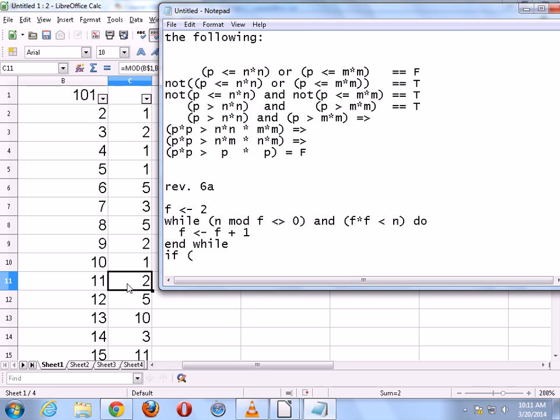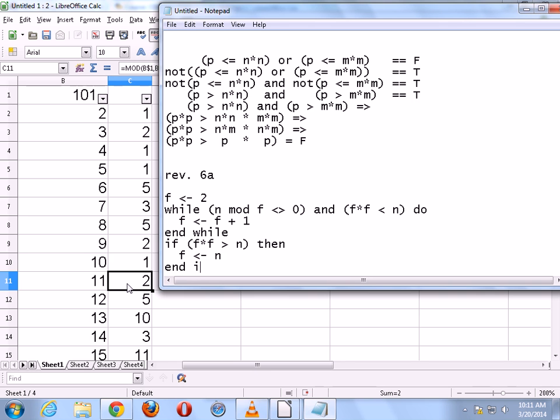The conditional statement basically has to say, if we exit early, which means f times f is greater than n, causing us to exit the loop early, then we have to do something, because in that case, we have just found a prime number, and for any prime number, the only prime factor is itself. So we have to fix it up with a conditional statement after the loop. But this only incurs a very small amount of overhead compared to the amount of work that we have to do without the optimization. Does everybody understand why we need a conditional statement afterwards?